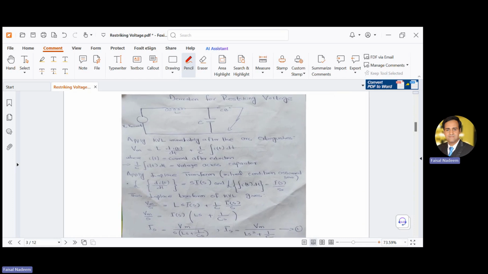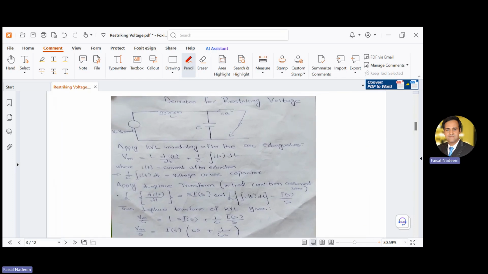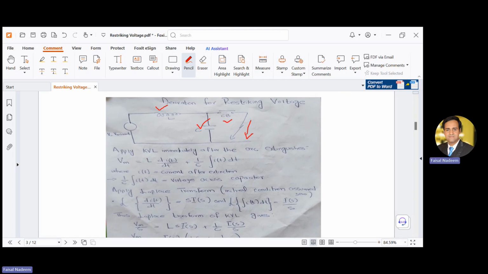Here I have derived the equation for restriking voltage. We will use the same circuit diagram in which we have an inductor L and capacitor C connected in parallel with each other. Here is a circuit breaker and here the fault is applied. If we apply KVL to this circuit diagram, then Vm is equal to L di by dt plus 1 by C integral of i of t dt,